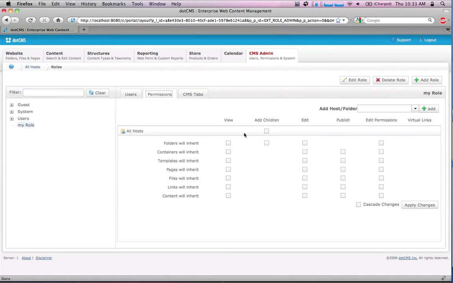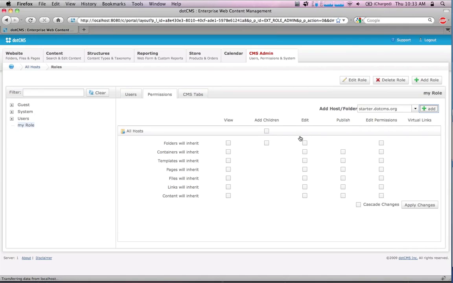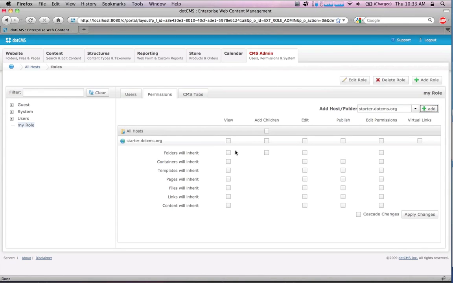Now you can see I'm not grayed out. I can actually apply permissions to this host. And we're going to talk about this in a minute. I could actually come in, add a folder here for starter, and I can apply permissions from this role down. And this is starting to introduce another very fundamental change that we've made in 1.9,